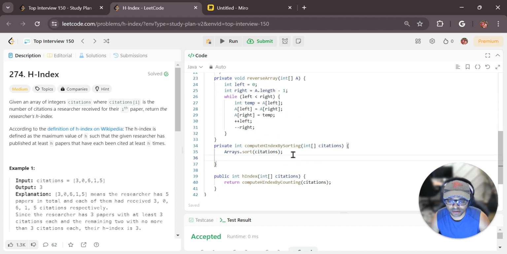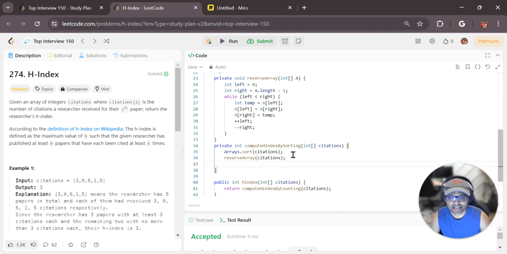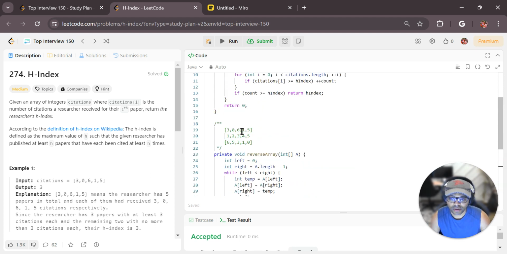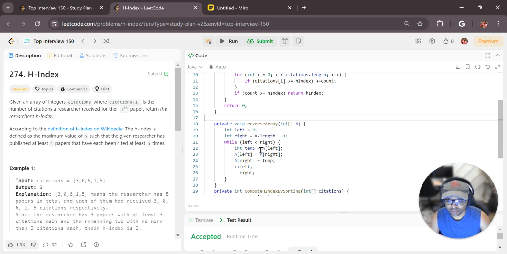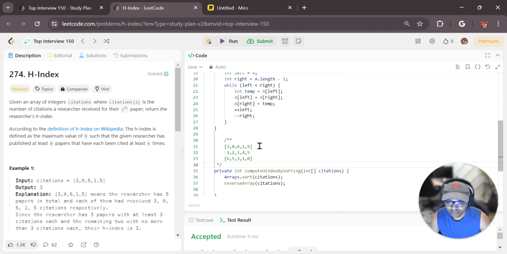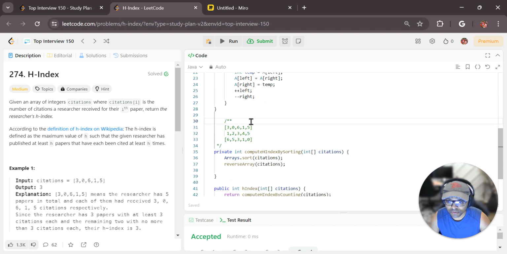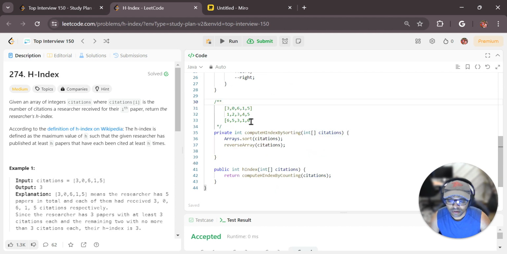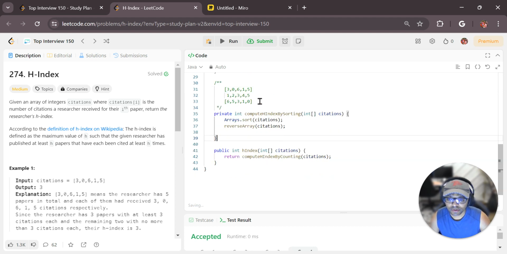Let's call that here. Citations, after sorting we reverse, so now it should be sorted in descending order. Okay, and now let's try to implement this approach. I'll take that there. Okay, so what we have is we already have